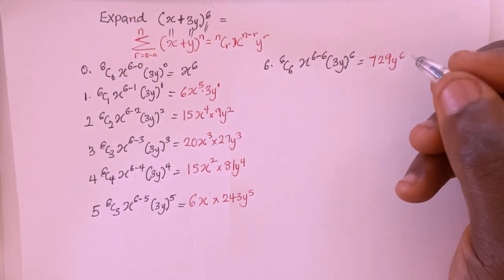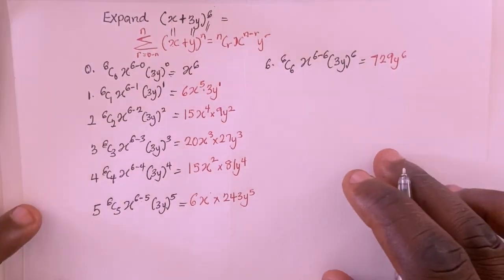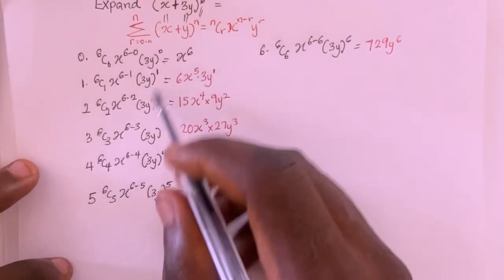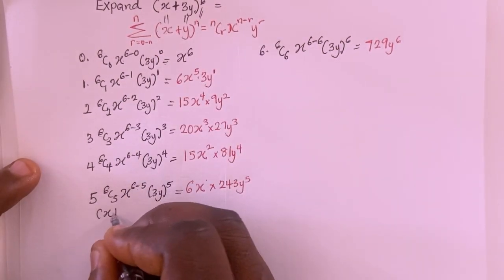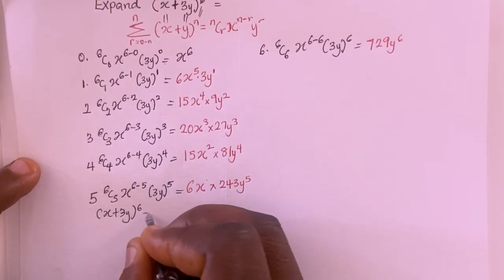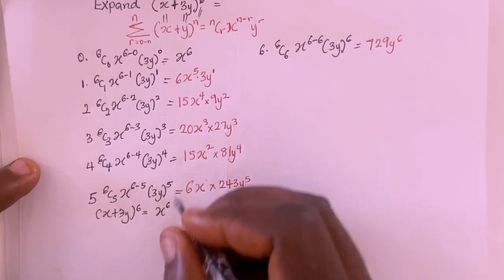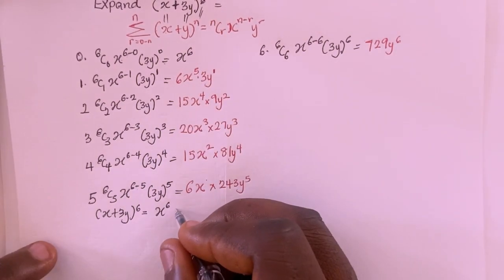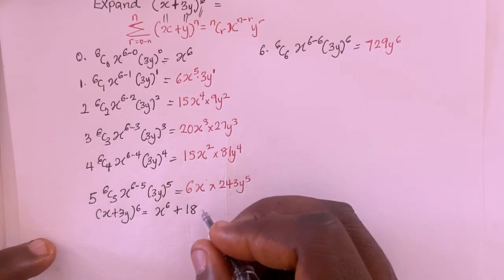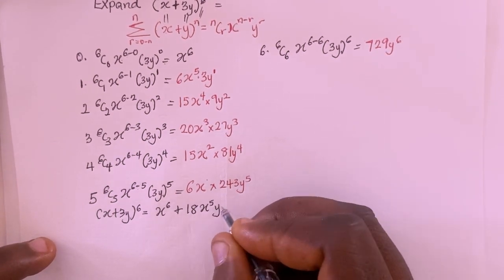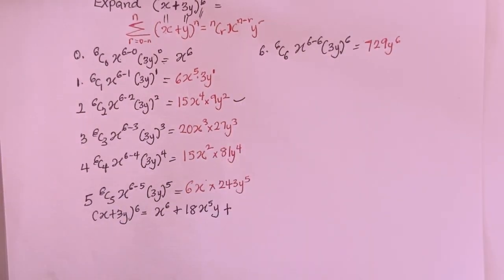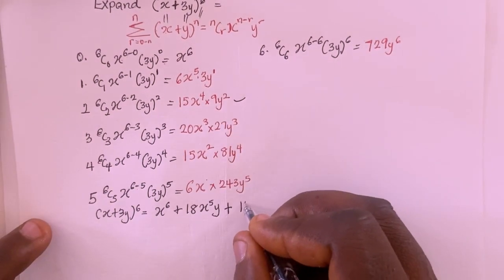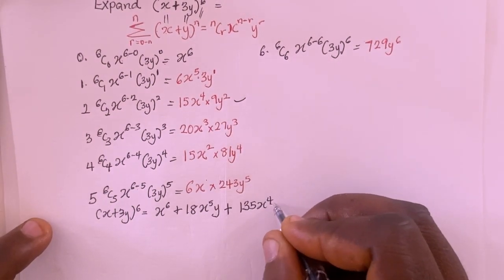Now I just have to take the summation of each term. This expansion, (x + 3y) to the power of 6, will be equal to x to the power of 6, plus 3 multiplied by 6, that's 18 x to the power of 5 y to the power of 1. Then plus, because this is another term, 15 multiplied by 9, that's 135, x to the power of 4, y to the power of 2,